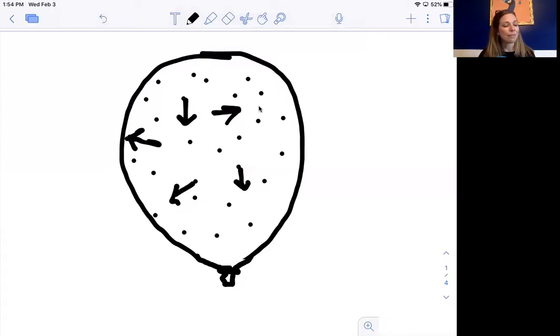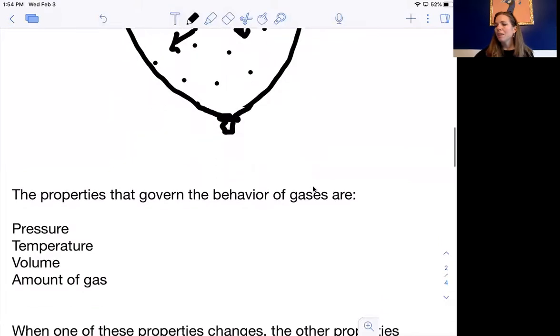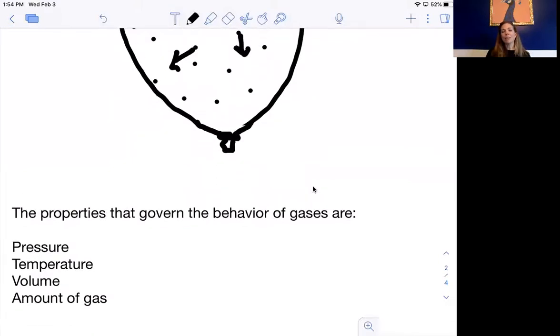All right. So let's talk. The properties that govern the behavior of gases are pressure, temperature, volume, and the amount of gas. These are things that you probably have experience with and can explain. Like when I'm pushing on the balloon like this, what I'm doing is adding pressure to the balloon. Temperature,